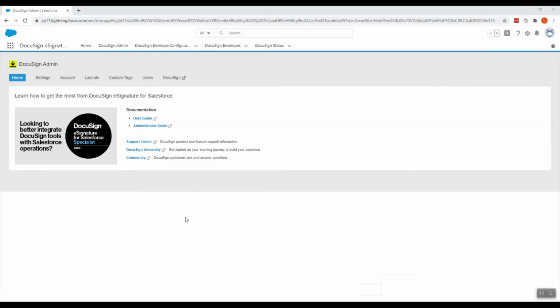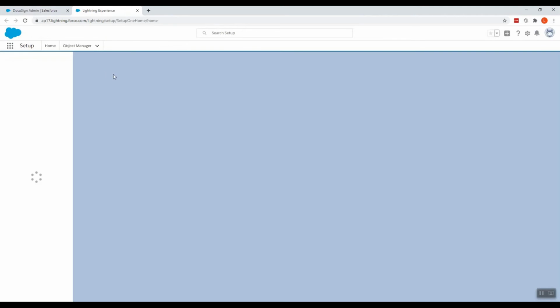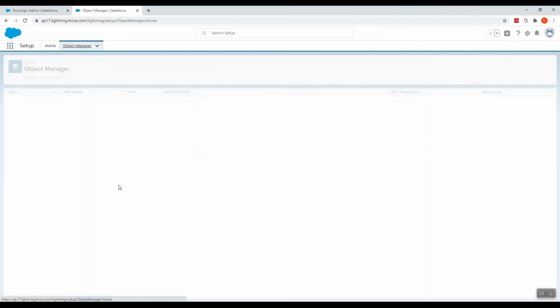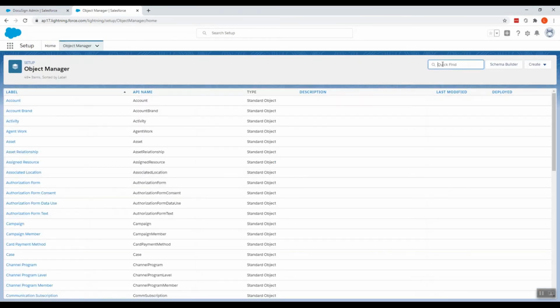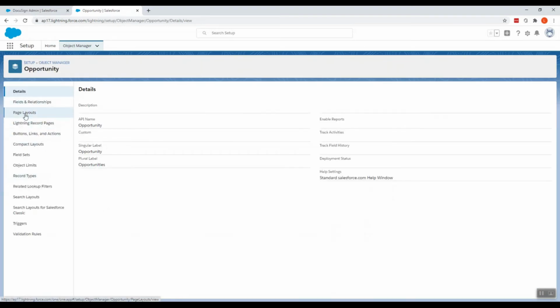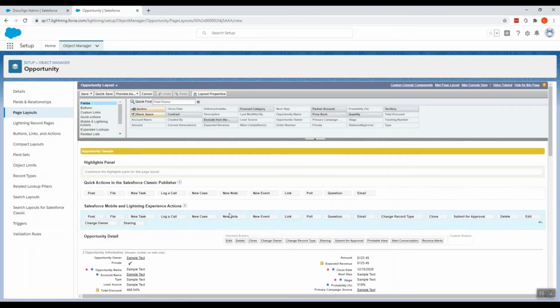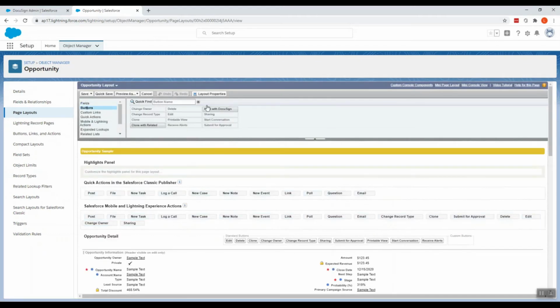Now let's add DocuSign buttons in each object page layout. So we'll go to setup. Click on object manager. You can select any of the objects: account, opportunity, contact. I'm selecting opportunity, page layout, selecting the basic opportunity layout, going to buttons, Send with DocuSign, dropping it in over here.